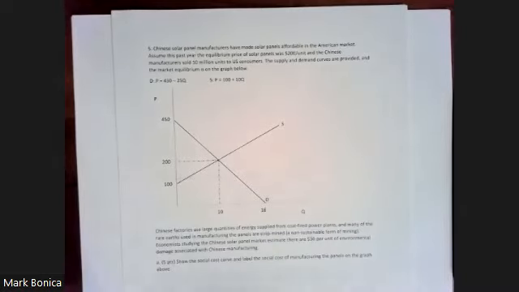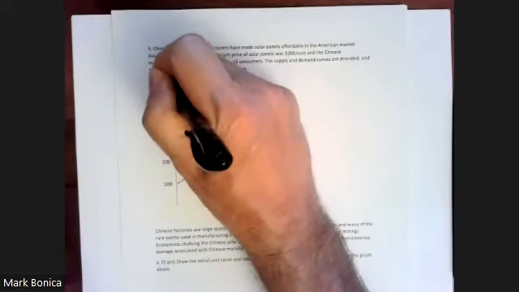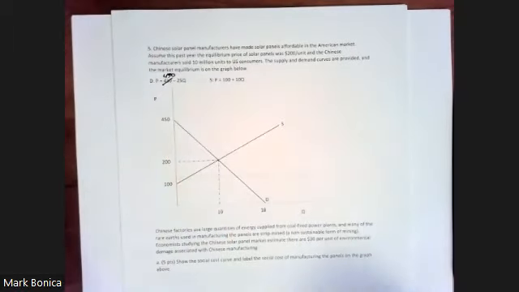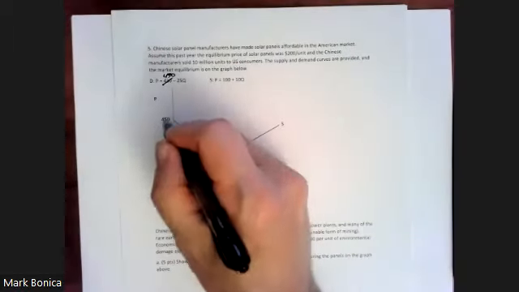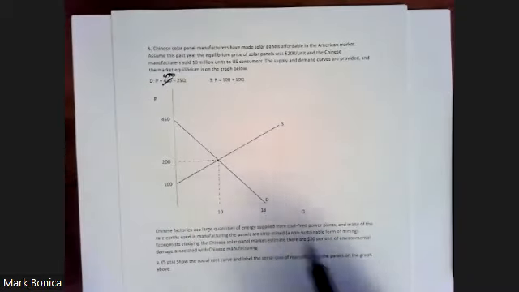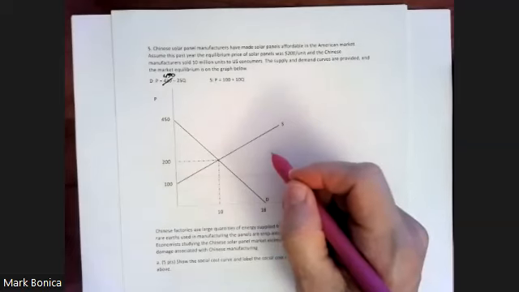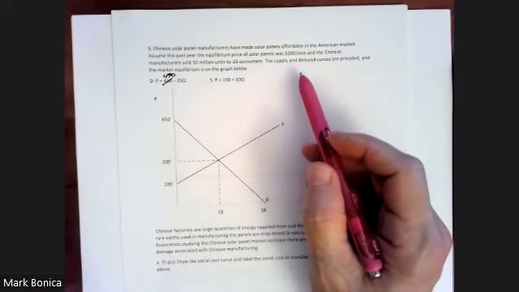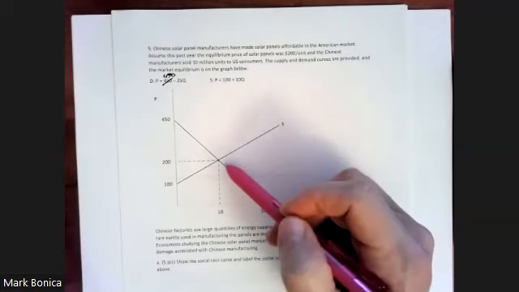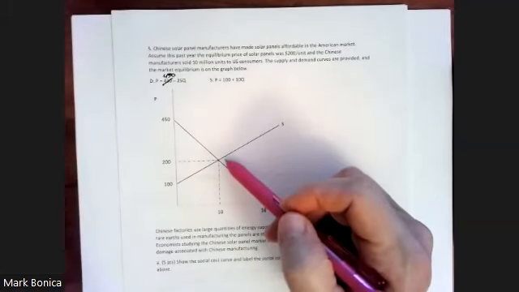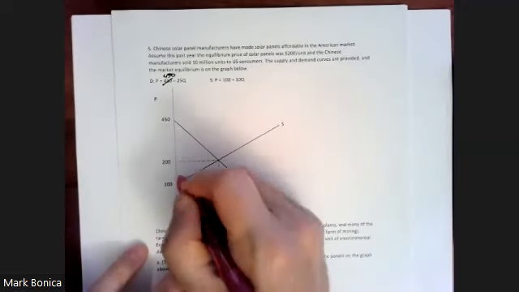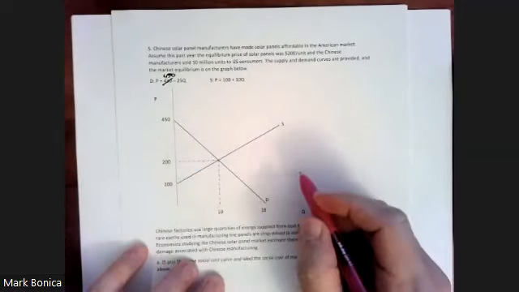All right, there was a typo here. I told you to use 450, not 430, because that, of course, lines up here. So the question is about an externality. Basically, the Chinese are able to sell the solar panels to the United States for 200, but that's not including the environmental damage that they're doing.